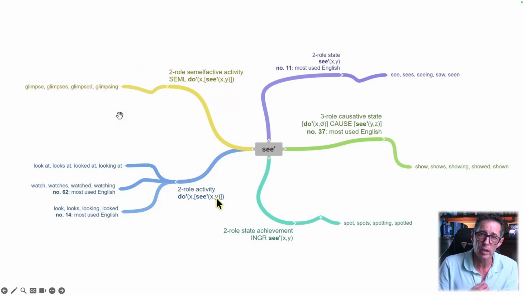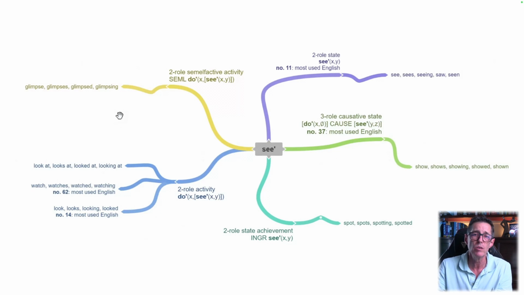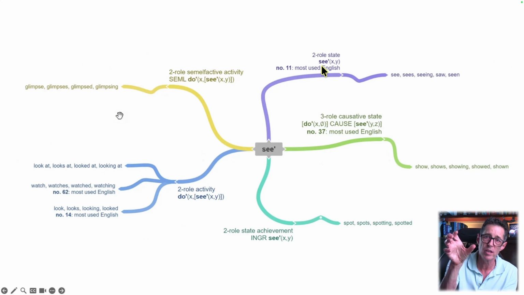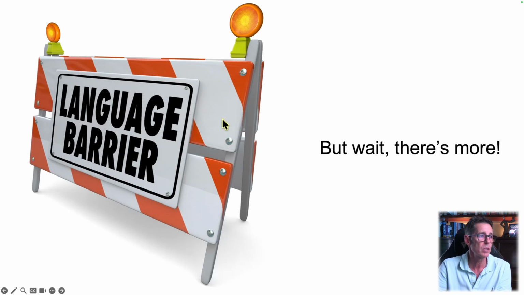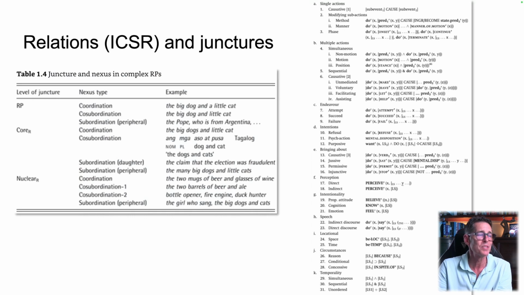But it's different how we can use states versus activities. So I can intently watch a bird. I'm not sure I can intently see a bird. I see a bird intently. It doesn't sound like the way I'd use it, because see is just the state of experience, whereas intently doing it is an ongoing action, which is done in an activity. So it's a very powerful concept. And there's a bit more, but we're not going to cover it today.